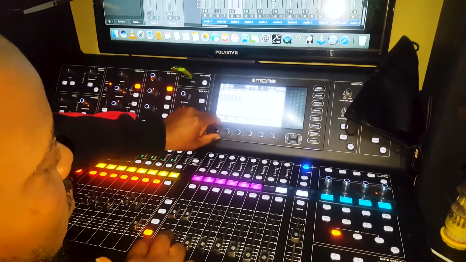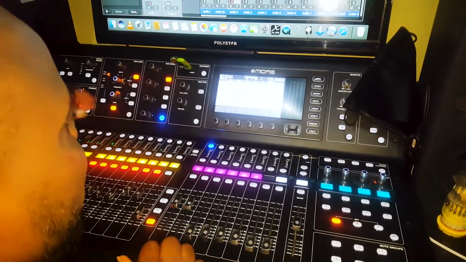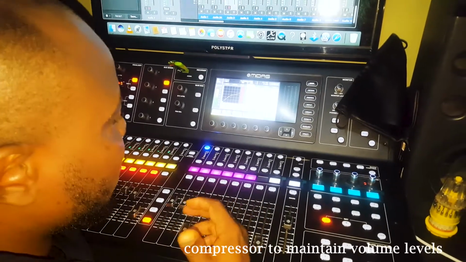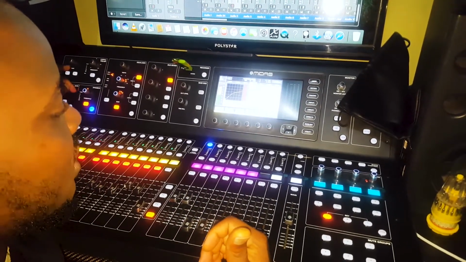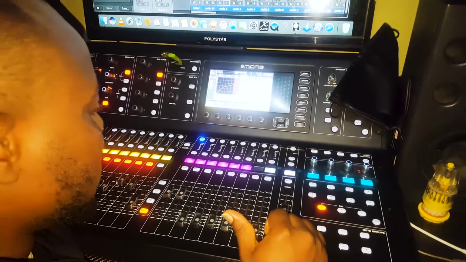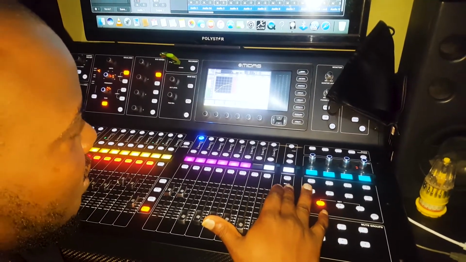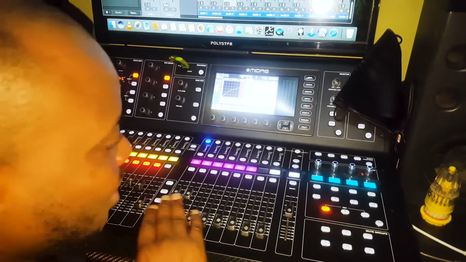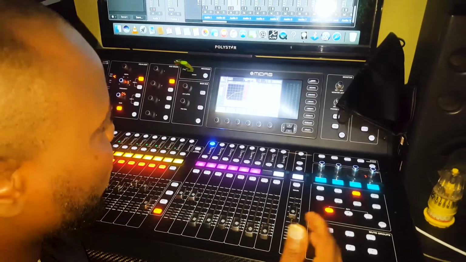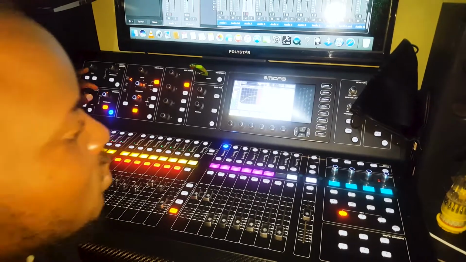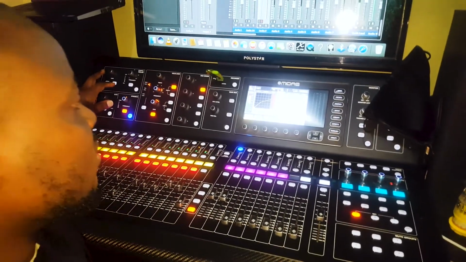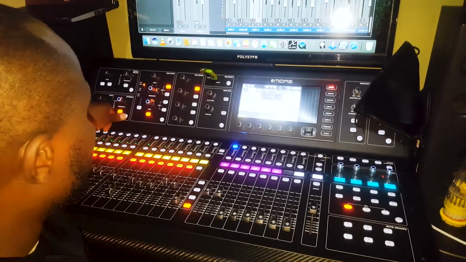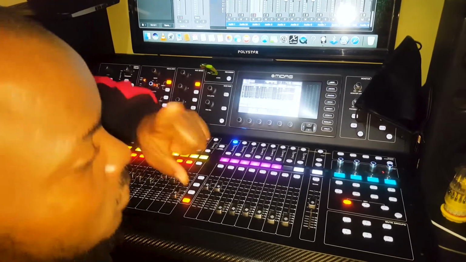So once I'm able to get to an appreciable volume, I can also apply a compressor on it so that I can maintain a particular volume level, which is independent of the amount of volume that I drive in my mains, so that I can still have a balanced level instead of having it go too high or beginning to blast on the other side because of too many dB levels on my broadcast. So I apply a compressor on it, I apply an EQ on it,